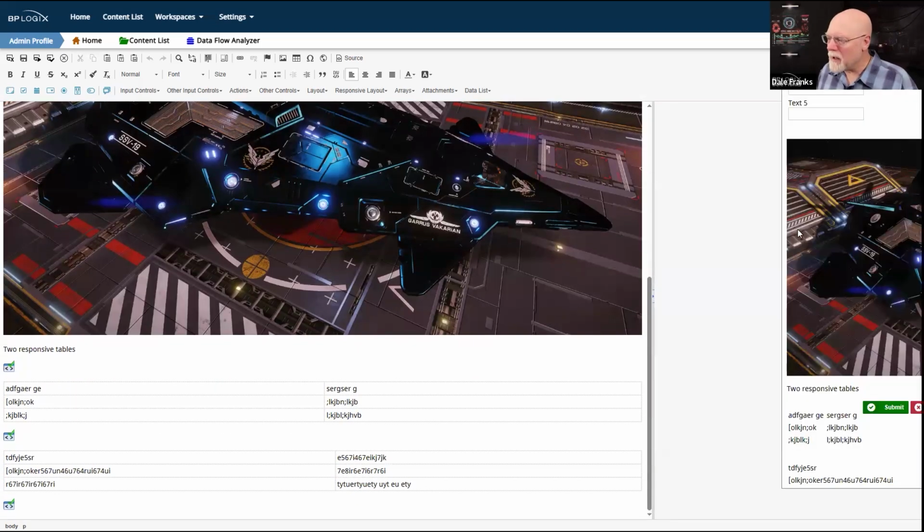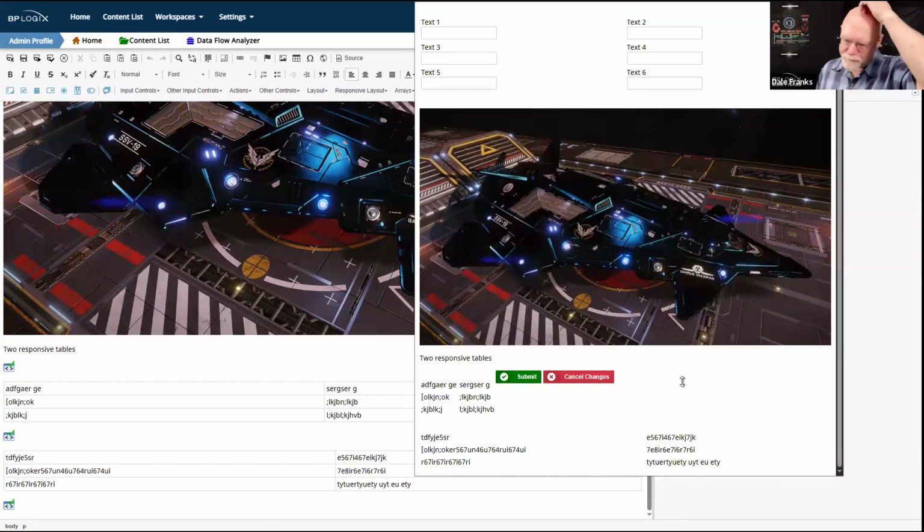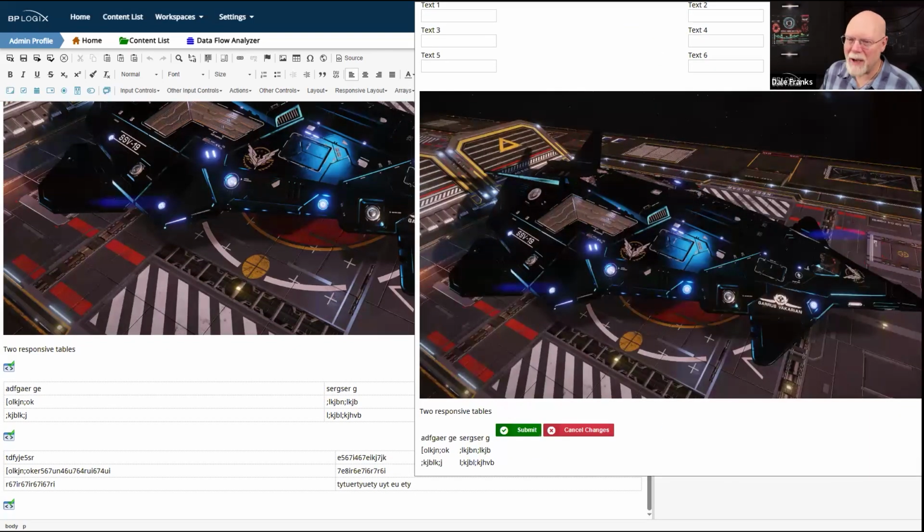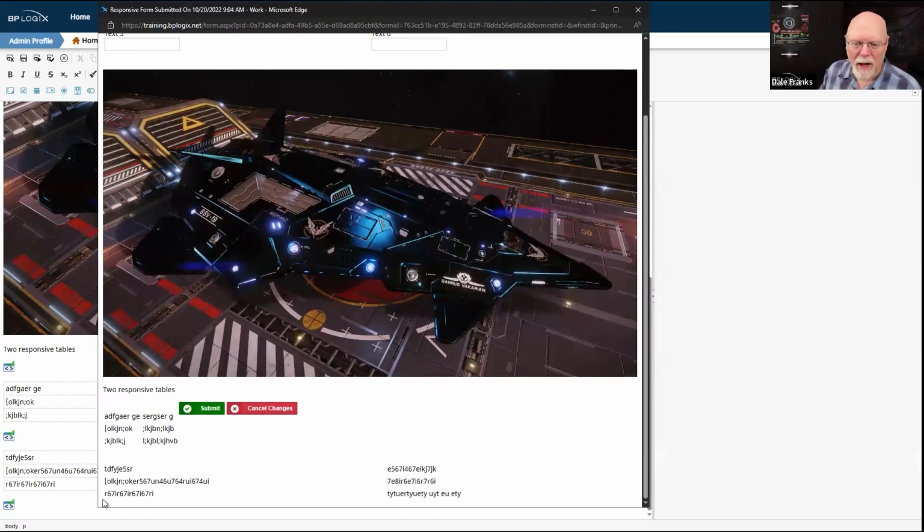At the very bottom of this form, there's a little more trickery. And if you look at these two forms, so what I have are two tables. I said two forms. That's not what they are. They're two tables. So let's scroll down and we'll look at these two tables. I just have gibberish in these two tables.